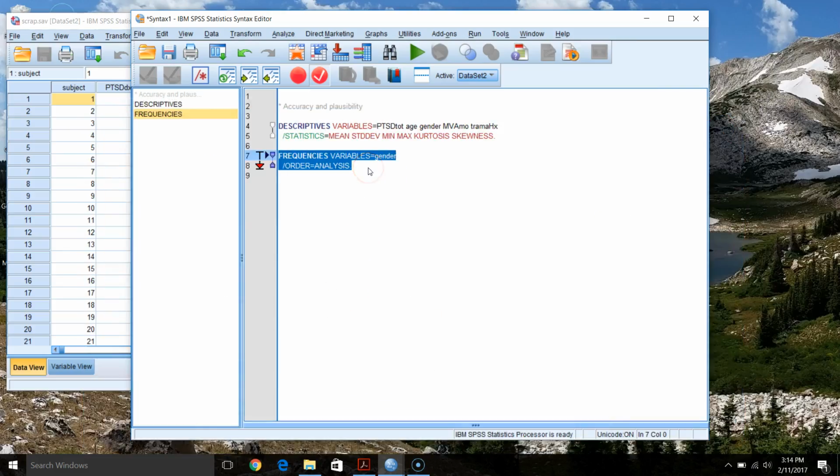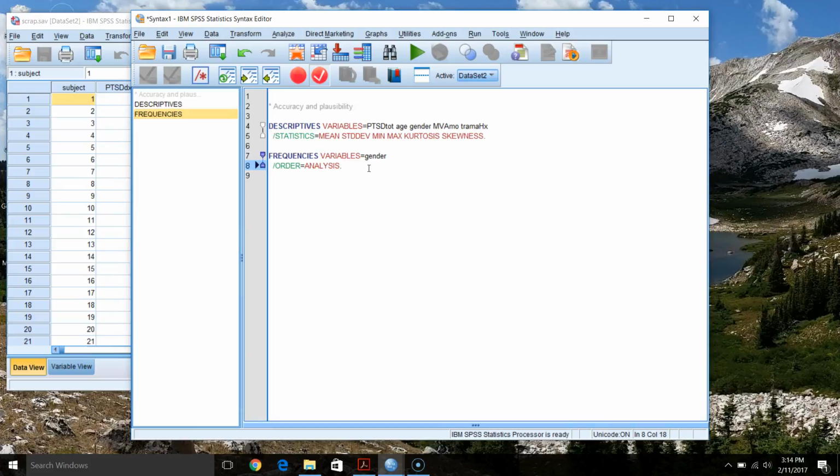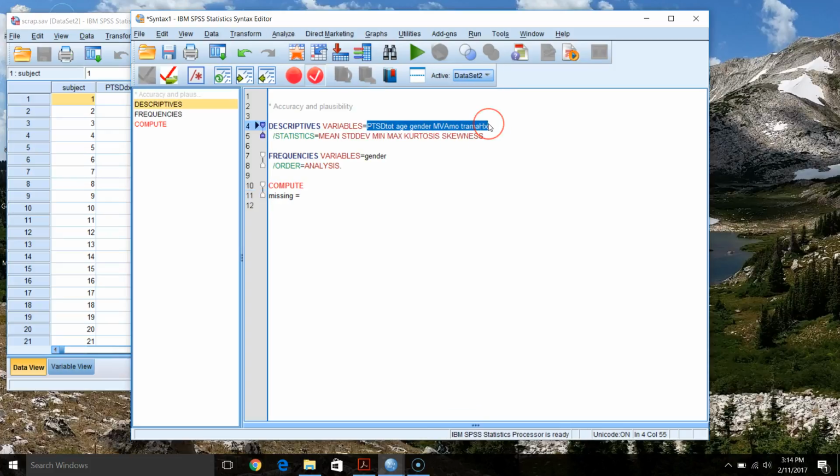An easy way, and we talked about this a little bit last time, but as we get into our regression models where we have more variables in the mix, is we can go compute, and we say missing equals, highlight our variable list: PTSD total plus age plus gender plus MVA, or months since accident, times trauma history, period at the end,